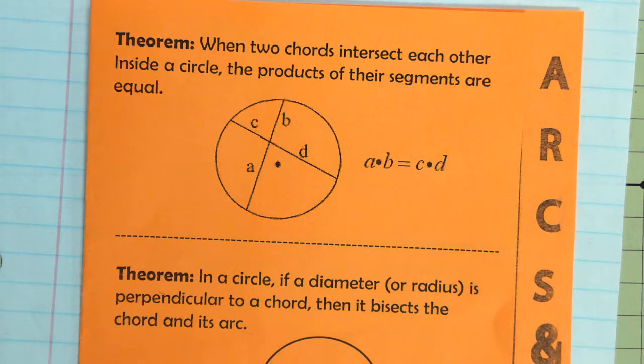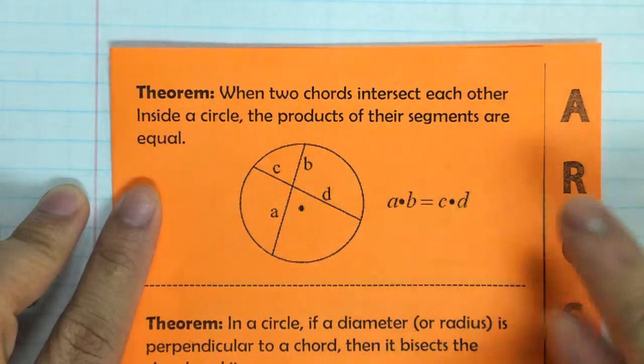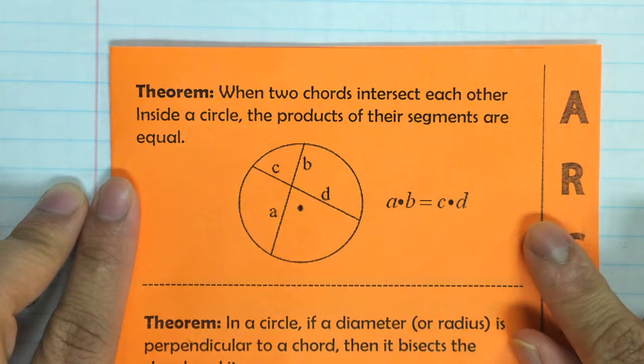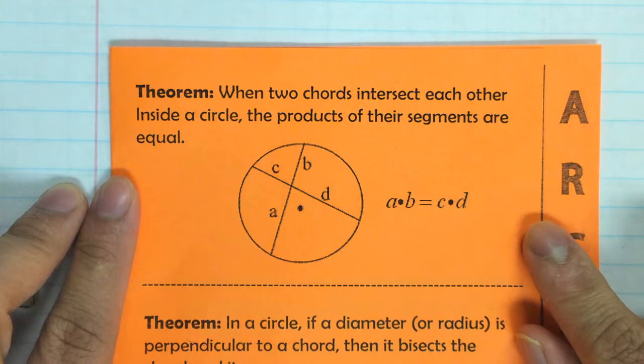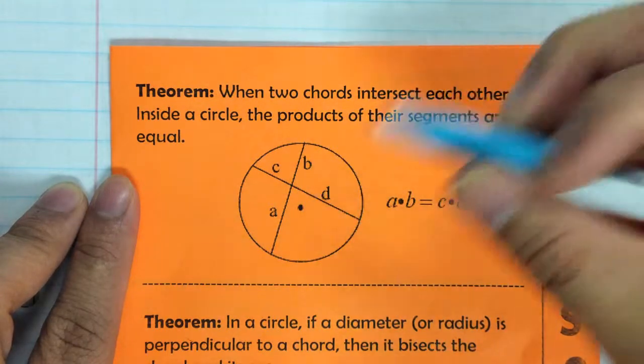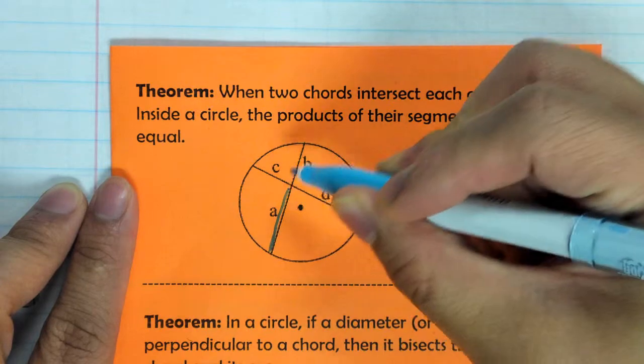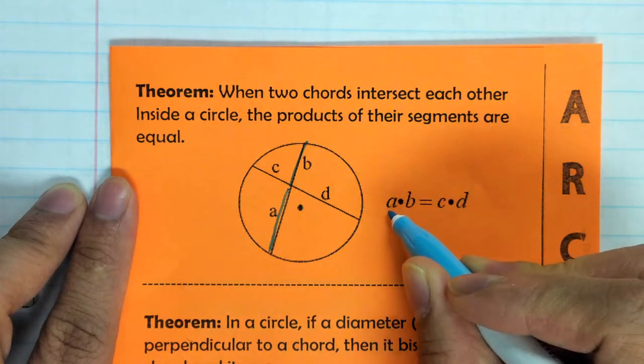Today we will learn about different properties of chords in a circle. So here we go. I have a theorem up here. When two chords intersect each other inside a circle, the products of their segments are equal. In other words, if you have these two chords that intersect, then A times B, which is what we have here,